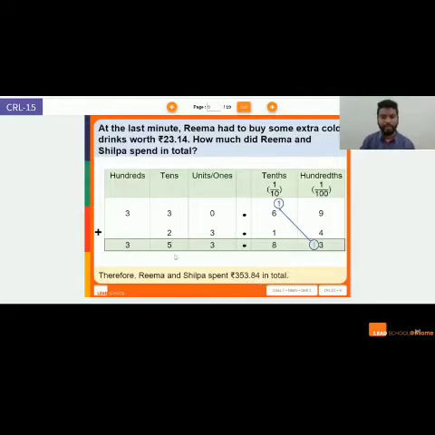I want it as 353.813. Then the number will differ because 1 will become hundredth and 3 will become thousandths. So whenever we have a group of 10 tens or 10 hundredths, 10 thousandths or anything, we move on to the next higher place value.